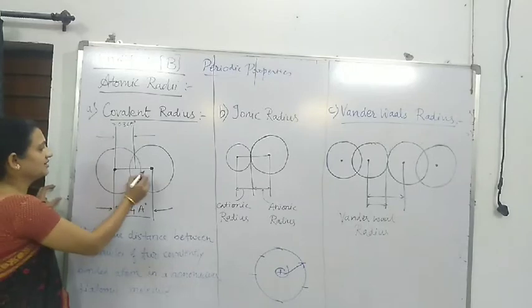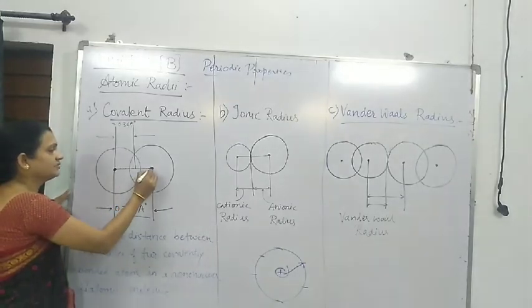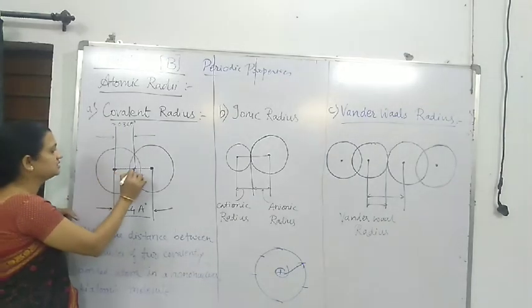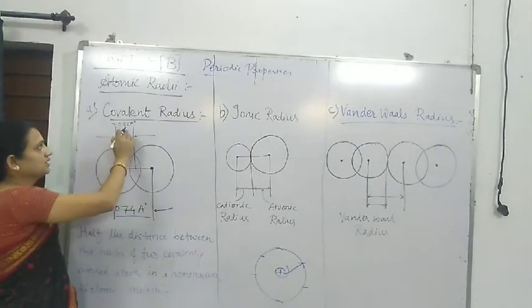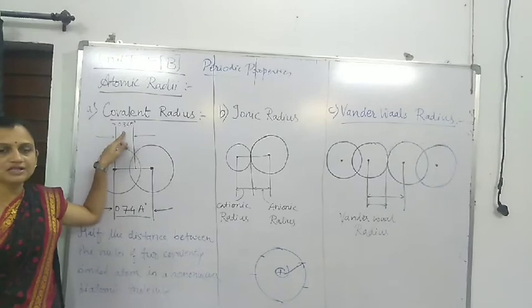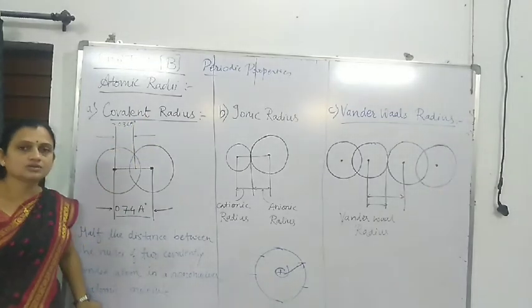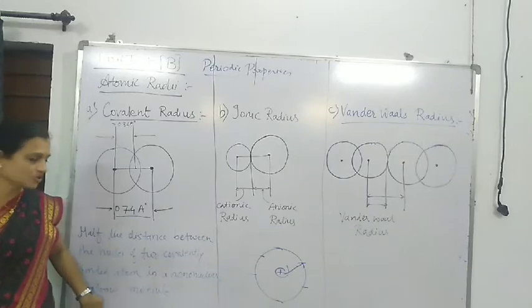This covalent radius means half the distance, from here to here, from this nucleus up to this center. So here we get the half value, 0.34 angstrom. So this is all about the covalent radius, which shows that